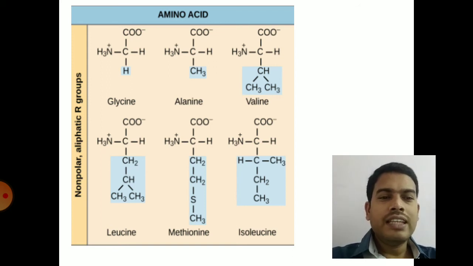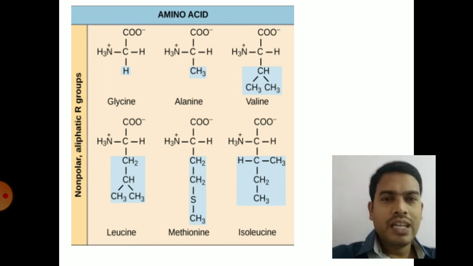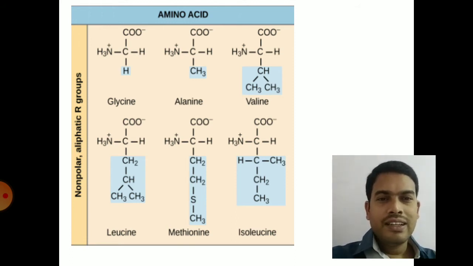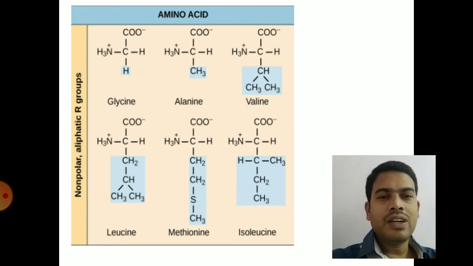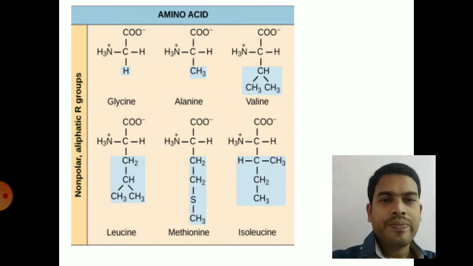The first one is called glycine, which is the simplest amino acid. You can clearly see the hydrogen atom in blue color there on the top instead of the R group. Here the carbon atom is not asymmetric because it contains 2 hydrogens. Along with that, a carboxylic acid group and an amino group are present. That is the structure of glycine. So glycine is the only amino acid having no asymmetric carbon atom and it is the only amino acid that is optically inactive.